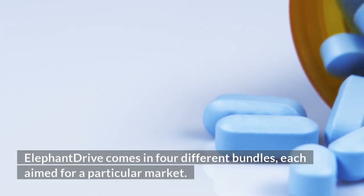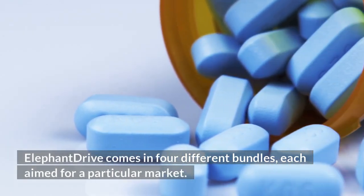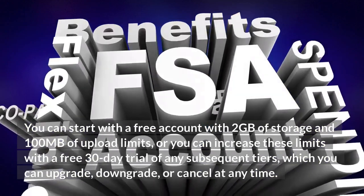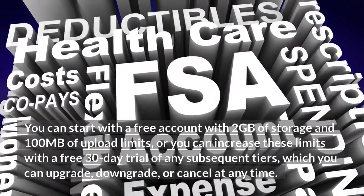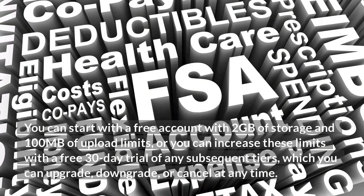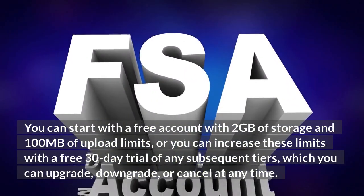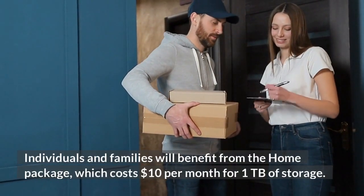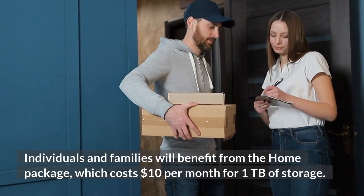ElephantDrive comes in 4 different bundles, each aimed at a particular market. You can start with a free account with 2 GB of storage and 100 MB of upload limits, or you can increase these limits with a free 30-day trial of any subsequent tiers, which you can upgrade, downgrade, or cancel at any time. Individuals and families will benefit from the Home package, which costs $10 per month for 1 TB